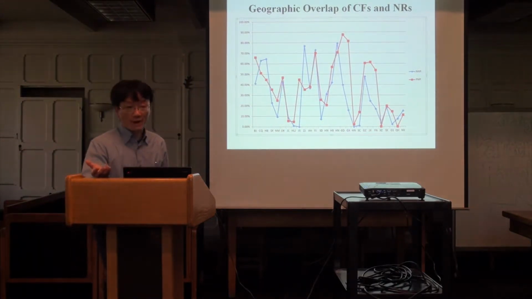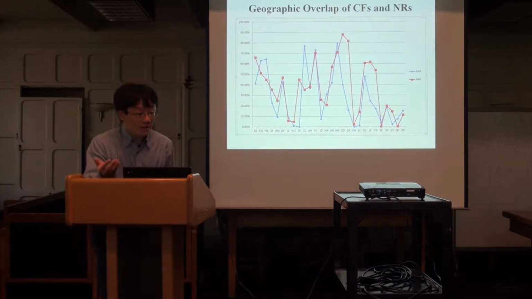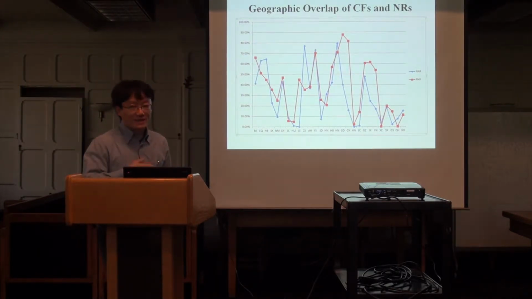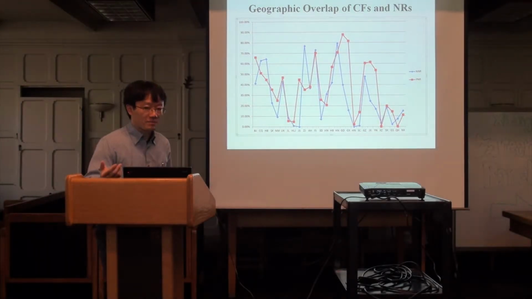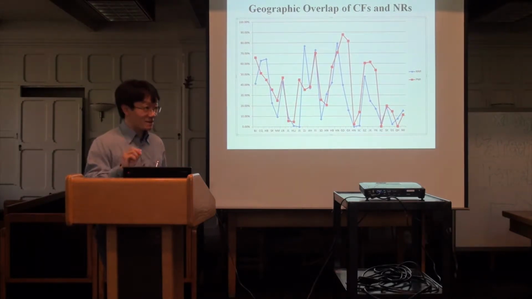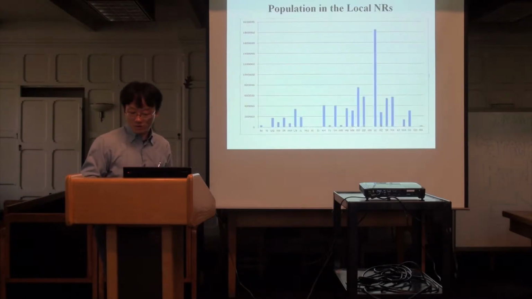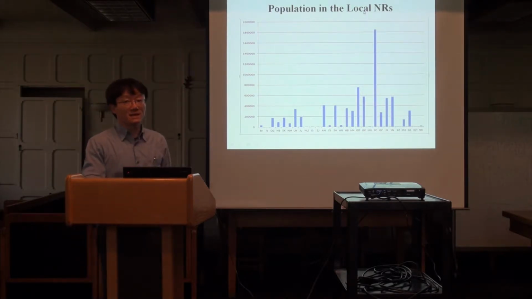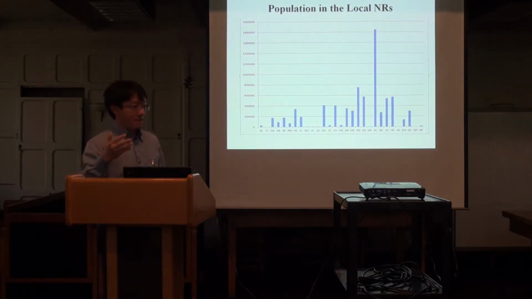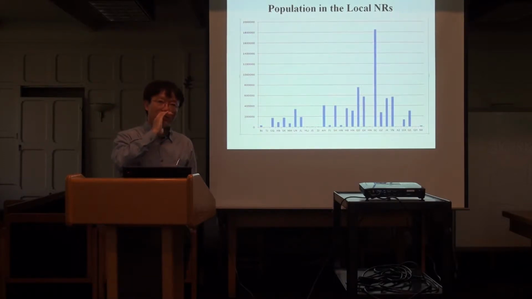But you might wonder why, and you might wonder about the effects of the nature reserve on the local people. A lot of collective forest owned by community members is involved in the nature reserve. They're not allowed to use it, or only very limited use. That will be a huge problem. And there is also a very large population in the nature reserves. Altogether, nationwide in China, there are 10 million people living in and around nature reserves. 10 million.